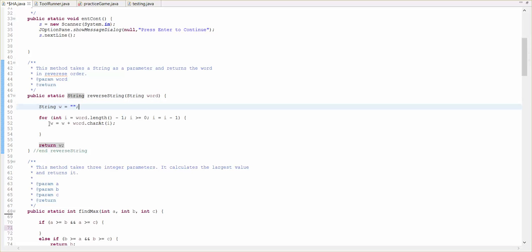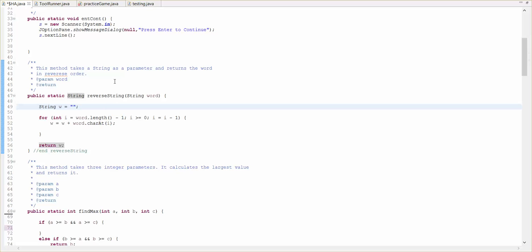So it starts off with a for loop, and int i starts off at word.length minus 1, which is the very last letter, and then it will only run if i is greater than or equal to 0. And after every single time it runs, i equals i minus 1, meaning it will subtract 1 and